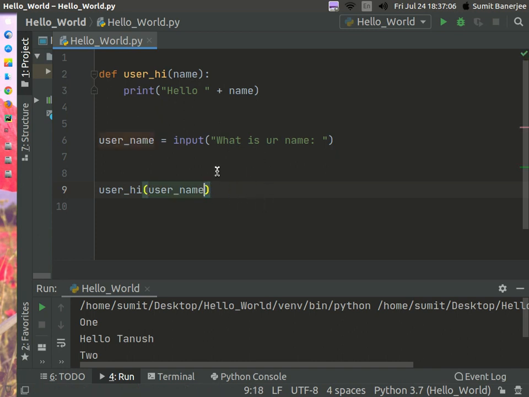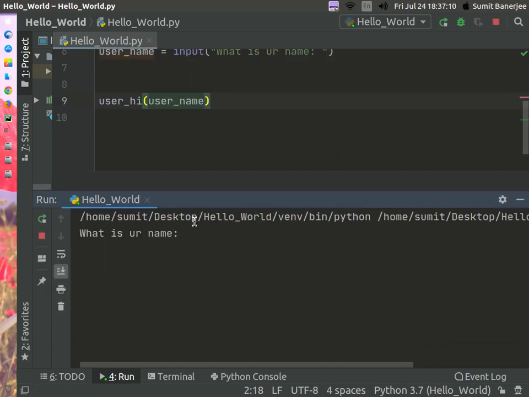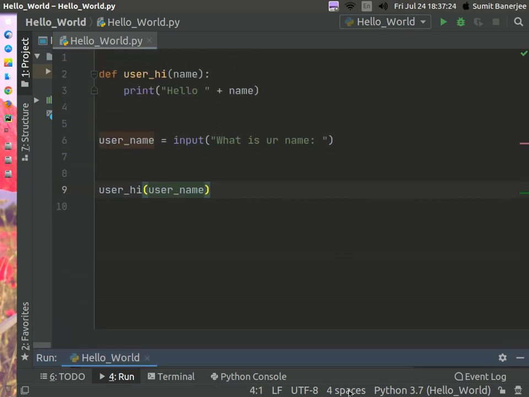So now when you run the program, it will ask the user for input. I'll just type my name, enter, and it will say hello Tanush. So that's it for this tutorial.